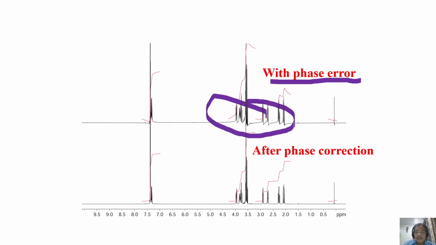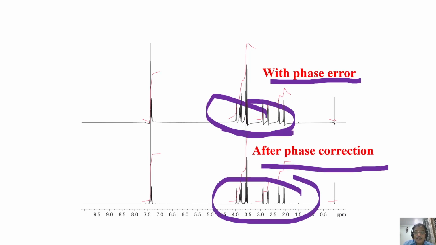When there is a phase error, you see like this. It is correct. No doubt about it. Now, after I incorporated the phase correction, this is the type of spectrum you see. Look at the baselines here. Every peak here has one type of phase error. They are really opposite phase errors here.